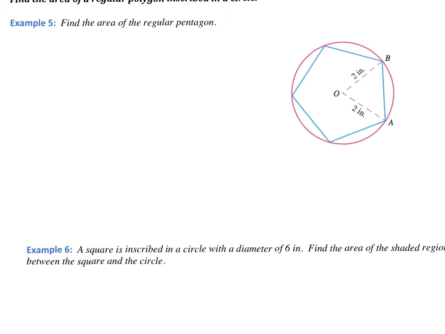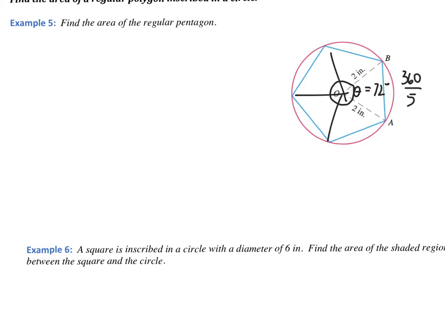Isn't that like, would you do 360 divided by 5? Why would we do 360 divided by 5? Because there's 5 triangles, so we're going to do 360 divided by 5, because all the way around here would be 360 degrees, and like he said, split 5 ways, which makes theta equal to